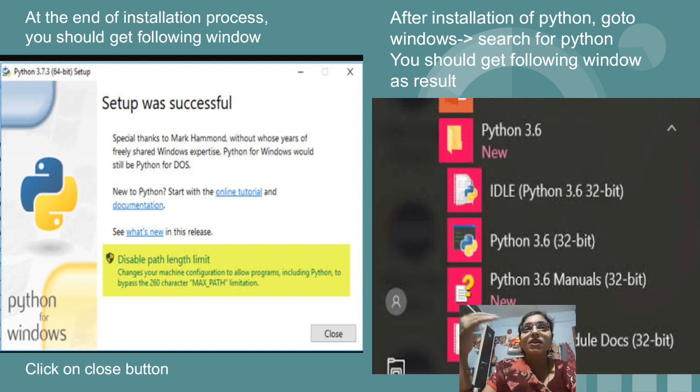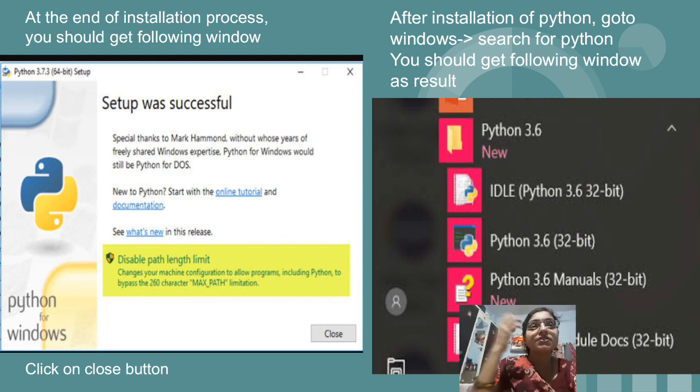Once you have installed the software on your system, just go to the Windows start menu, where we perform the searching, right? And in that, search for your software, whether it is Python 2.7 or 3.6 or 3.4.